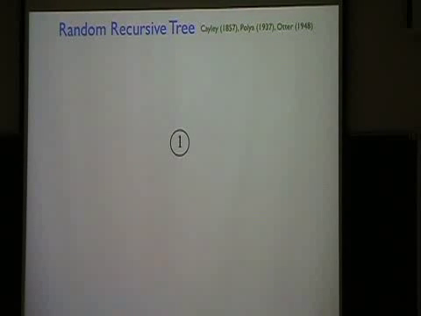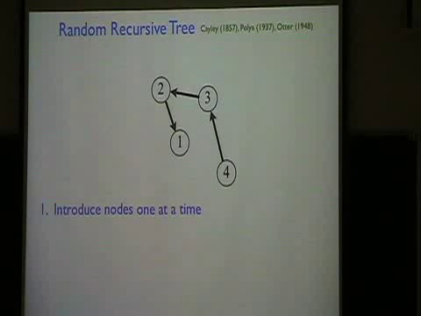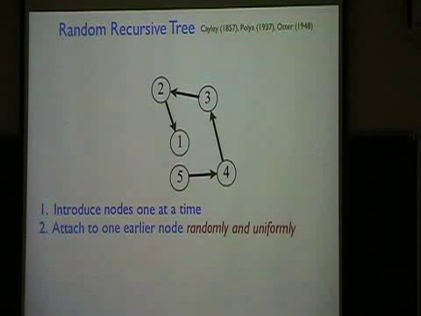So what is a random recursive tree? Let me now make a cartoon that shows you how you do it. You begin with a single site, so here's site 1. And then you add nodes to the network one at a time. So here's a few nodes being added. But the crucial point here is that the rule for adding is that you attach to any earlier node